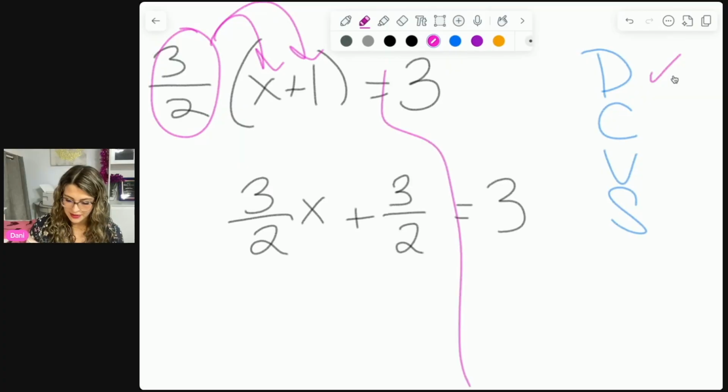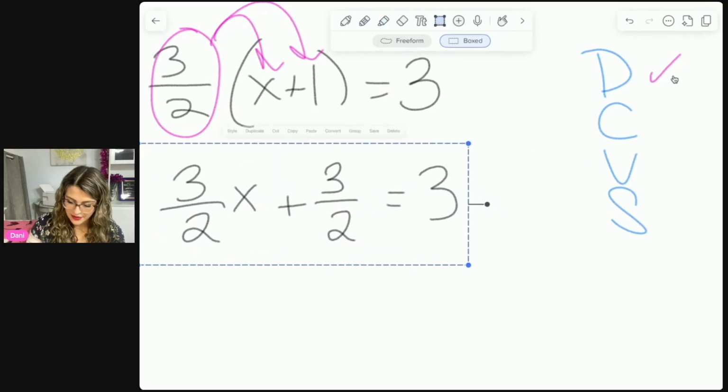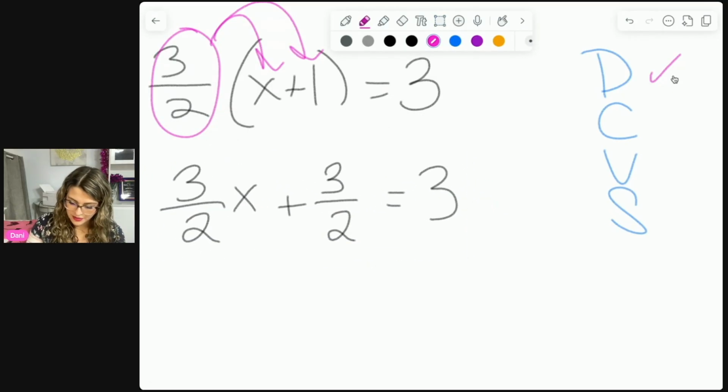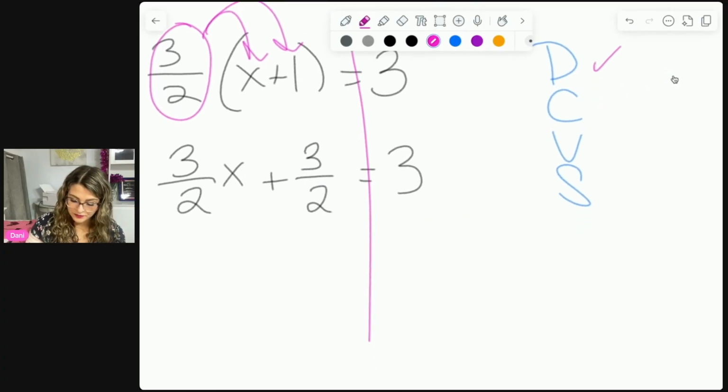Man, I am not following my own rules today. I'm going to fix that. That's just going to bother me to no end. Okay, I know. Breaking the rules. So circle our term with the variable, even though it's a fraction. It's all good because